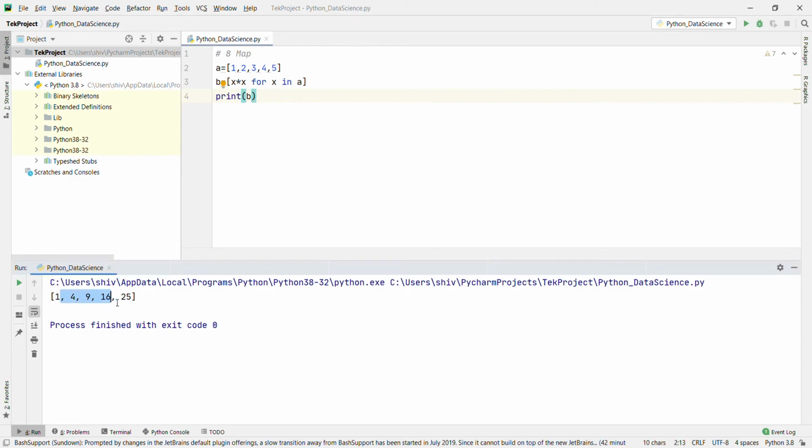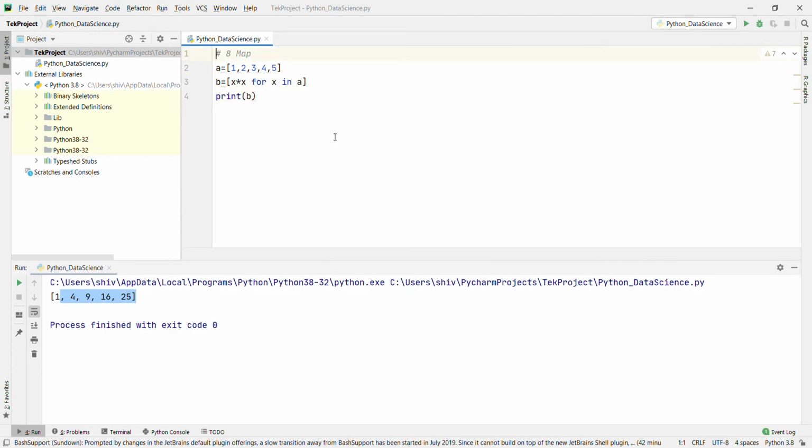Right, 1 4 9 16 25. Okay, this is clear now. List comprehension is preferable over the map function in most cases due to its speed and simpler syntax. For instance, for a list with 1 million elements, my computer accomplishes this task in 1.2 seconds with the list comprehension and in 1.4 seconds with the map function. Okay, this is clear now.